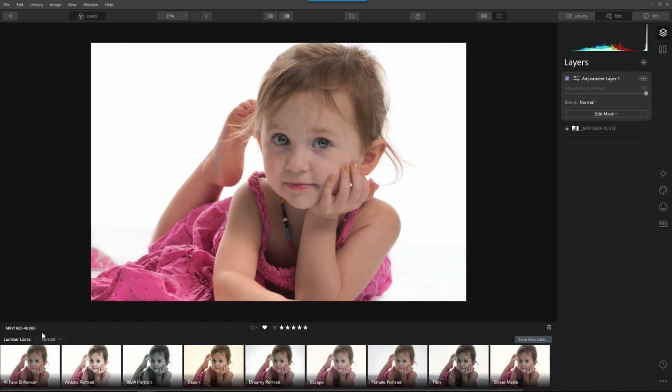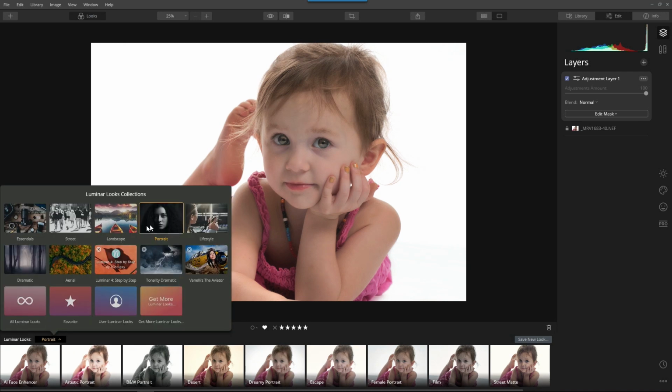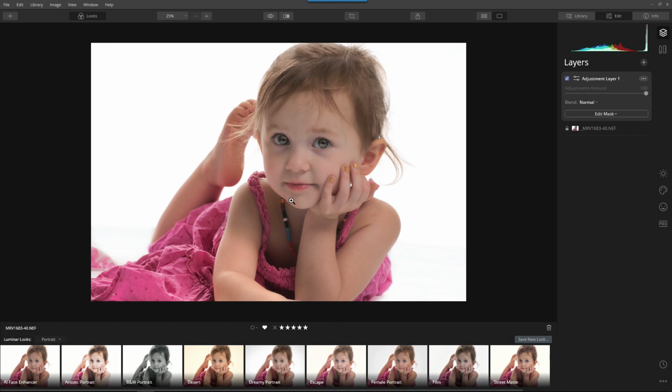Then I like to experiment with some of the looks. Portrait always has some really cool looks. Now earlier today I used this exact same image, so I'm going to use the dreamy portrait effect. Ooh, look at that. I love everything it did here except what it did to the eyes. So we have two options here. So here's what it looks like. So I love the dreamy effect, but I'm not a fan of what it did to the eyes and the